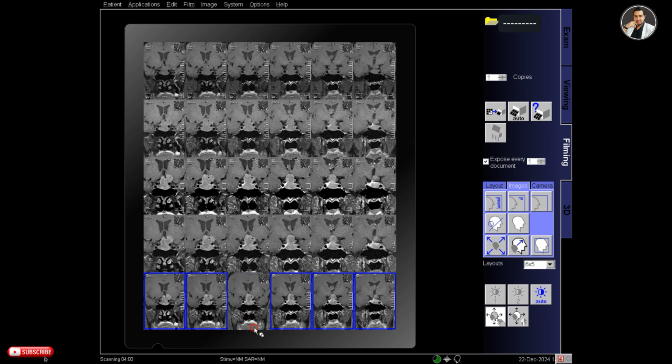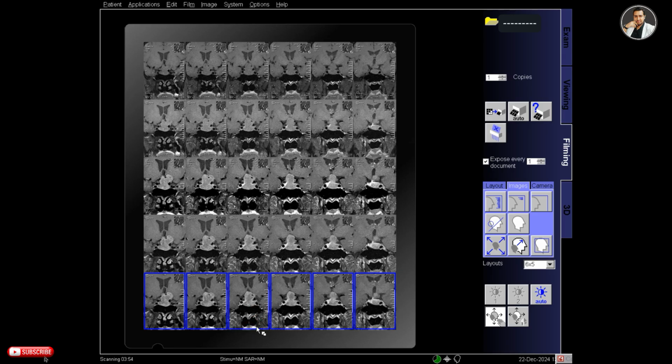So this is the dynamic film that I prepared. The first row is a non-contrast scan of the pituitary gland, and the second, third, fourth, and fifth rows are post-contrast scans. So this is how I make a dynamic pituitary film.